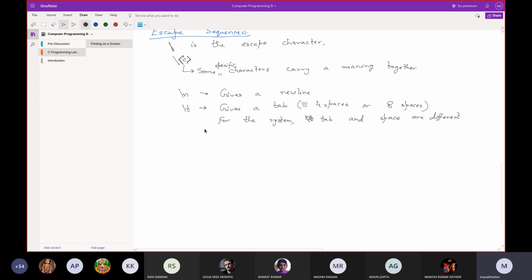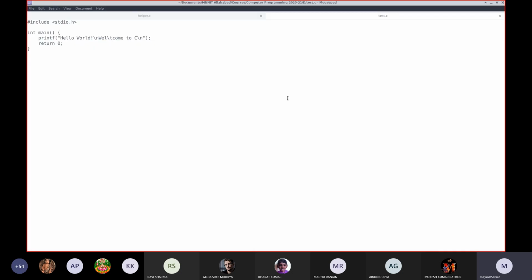So /n, /t, then /b, it is equivalent to backspace. As for example, suppose I give the backspace here. What happens if I press the backspace here?